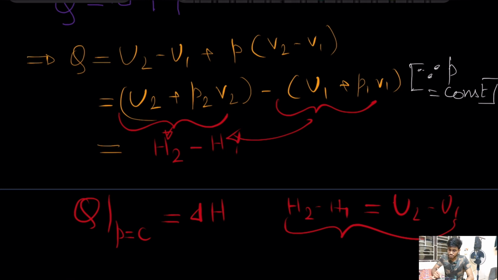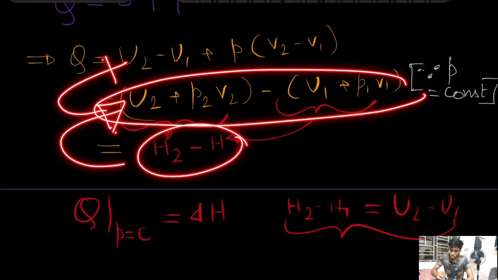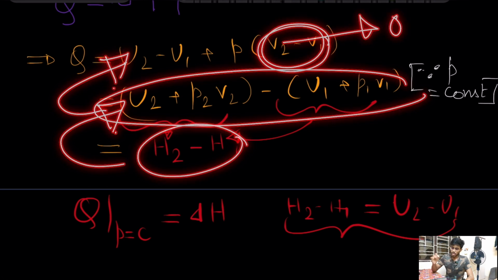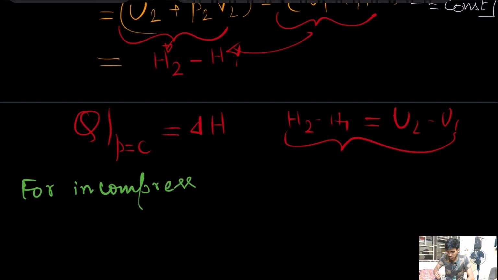Because if you write H2 minus H1, then you can directly go back to this step, and here this V2 minus V1 is 0. So for an incompressible substance,